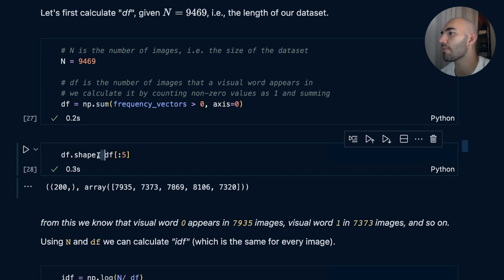So DF shape, it's still going to be the same. We have the 200 dimensionalized frequency vectors. We have 9,000 of those, and we're compressing those 9,000 into a single, I don't know what we call this, like the DF vector. Okay,